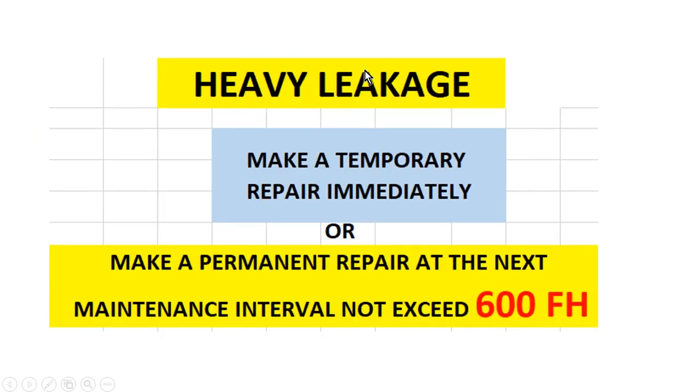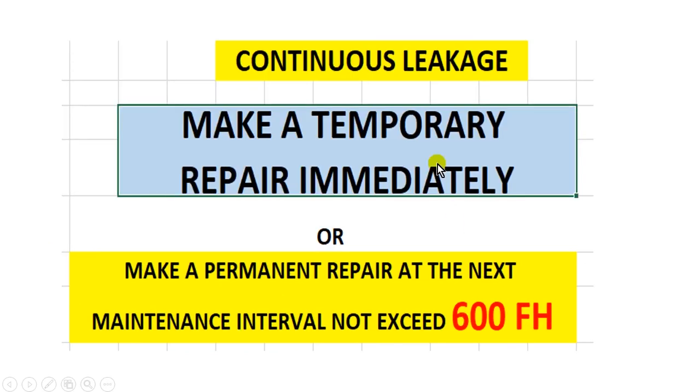For heavy leakage, also in the closed area, make a temporary repair immediately or make a permanent repair at the next interval, not to exceed 600. For continuous leakage, make a temporary repair immediately or make a permanent repair at the next maintenance interval, not to exceed 600 flight hours. So please follow your approved aircraft manuals,